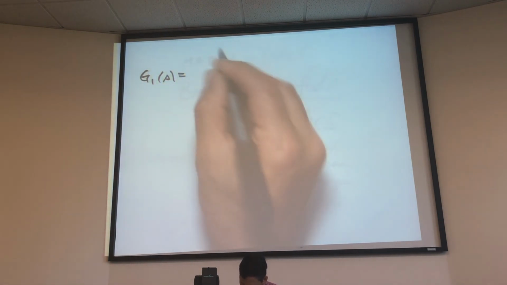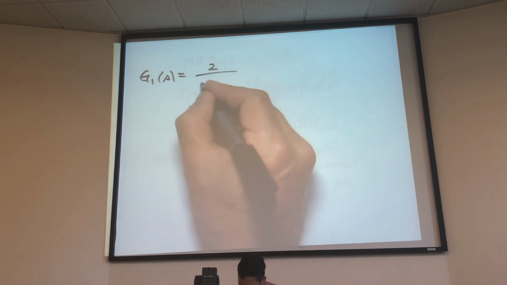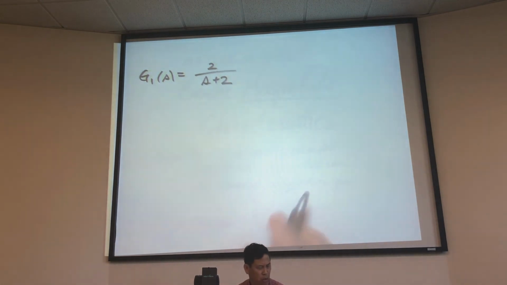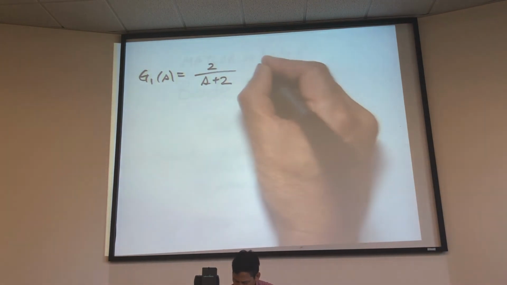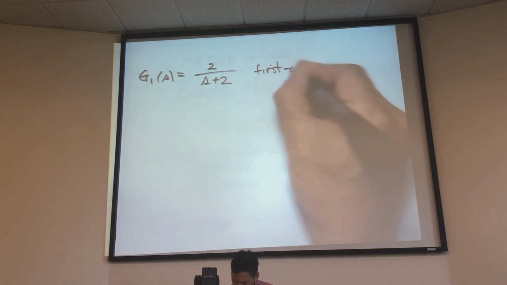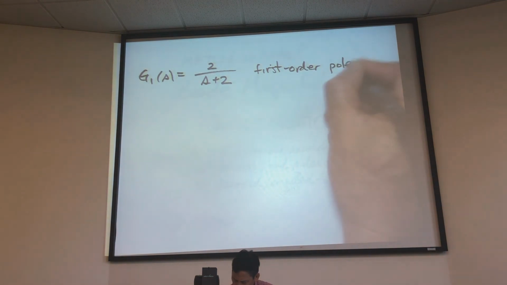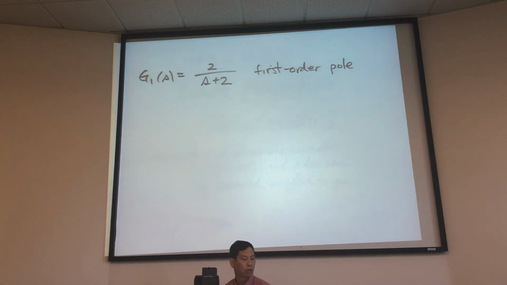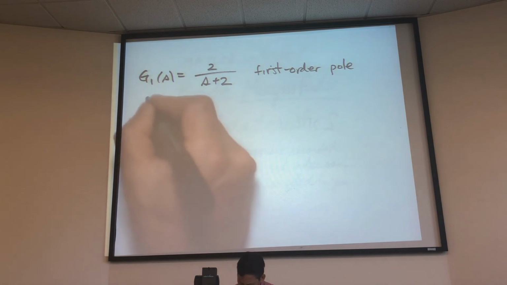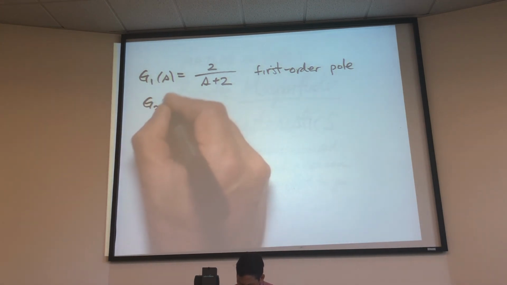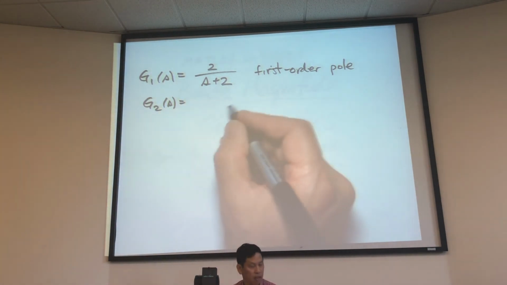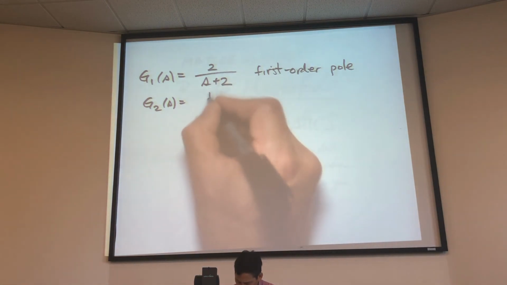Let's first do this one. Let's do some simple ones. Let's consider G1 of S is 2 over S plus 2. This is what I would call a first order transfer function, and it's got a single pole. It's first order. The second transfer function that we're going to take a look at is just the opposite of this, the inverse of this. Let's just call it 1 over